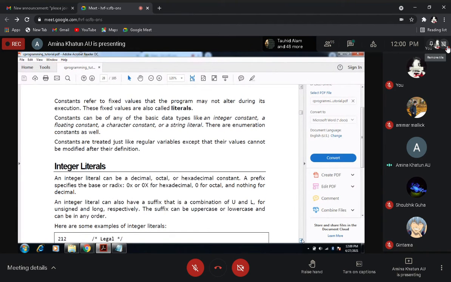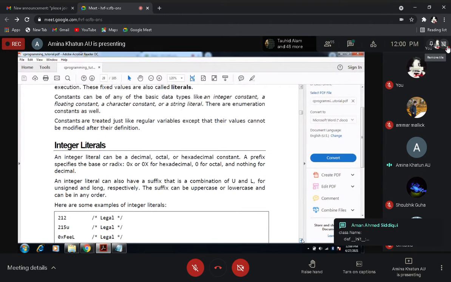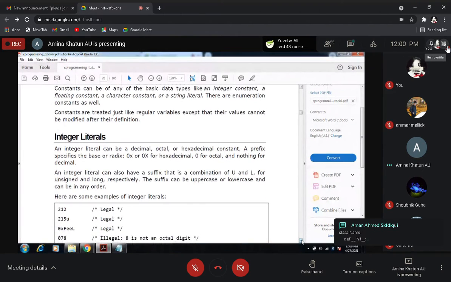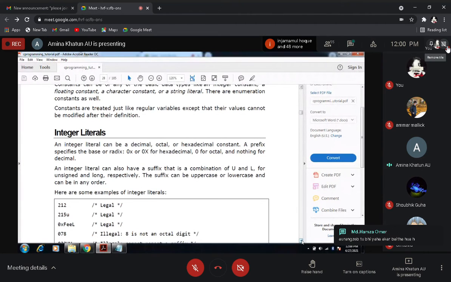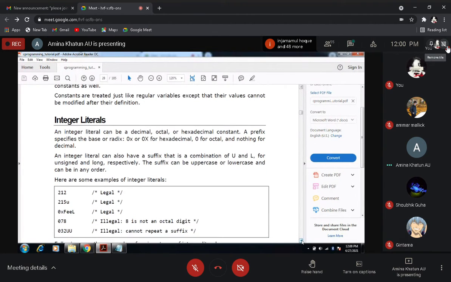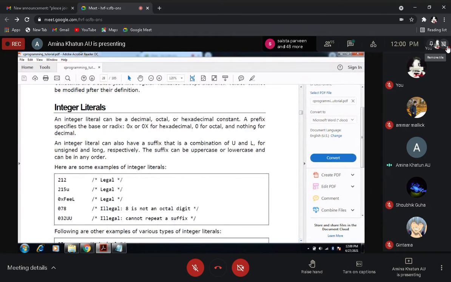So whenever you are defining a constant, that value is fixed during the whole execution of the program. And literal means the value assigned to that constant. So here you can see integer literals. An integer literal can be a decimal, octal or hexadecimal constant.